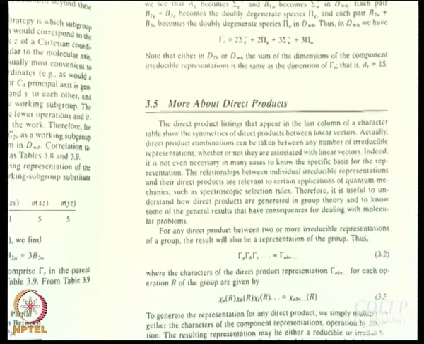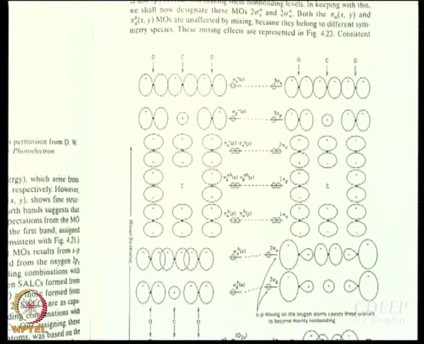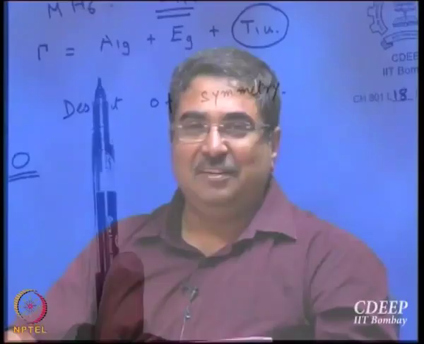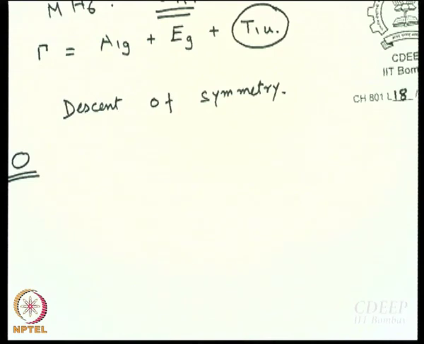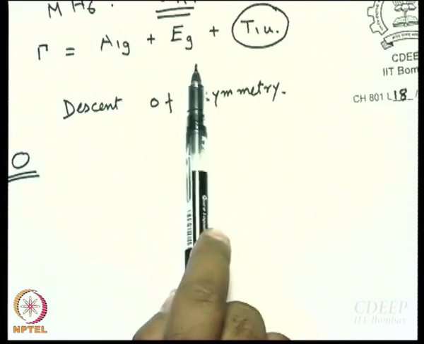Okay. Now, with that background, I would like you to do some self study. Pages 117 to 126 are basically carbon dioxide. Carbon dioxide has sigma as well as pi bonds, right. Please take this as a self study problem. MH6 is an octahedral molecule, OH point group. I have been kind enough to tell you that the reducible representation using the 6 1s orbitals on the hydrogen atoms gets broken down into A1G plus EG plus T1U.